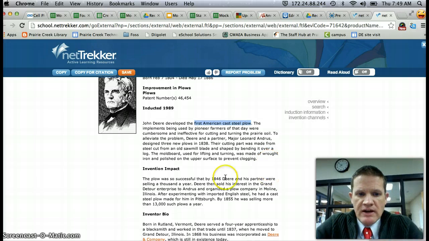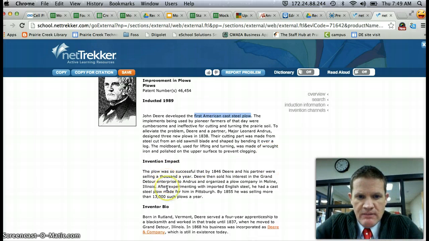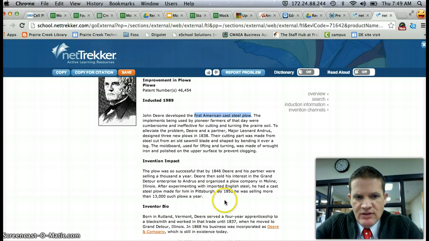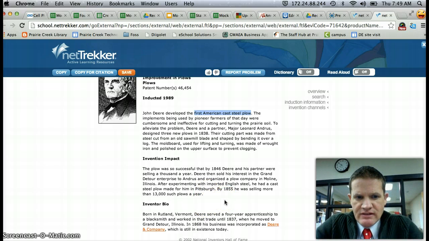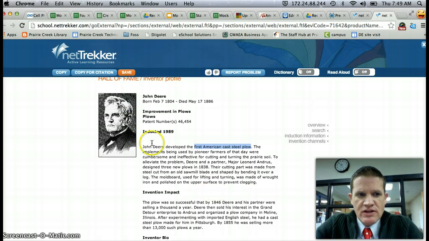So I know he made the plow, and it says impact. And the impact they talk about is that they started selling a lot of these. And I don't know that I understand enough from that to know what did it matter that he sold a bunch of these. So I can actually go back, but before I do this,